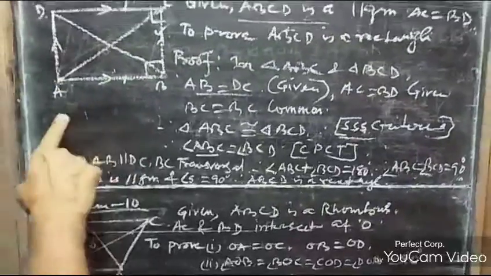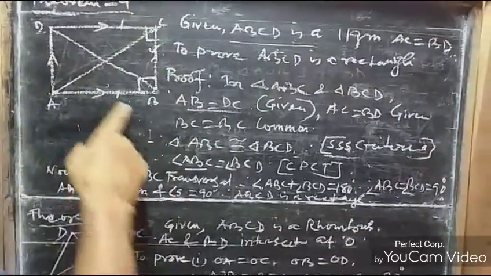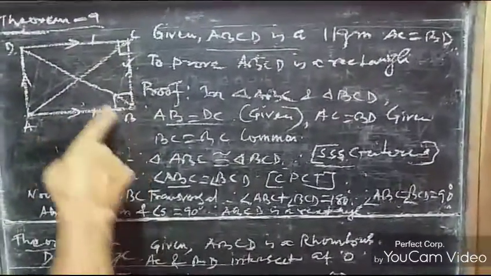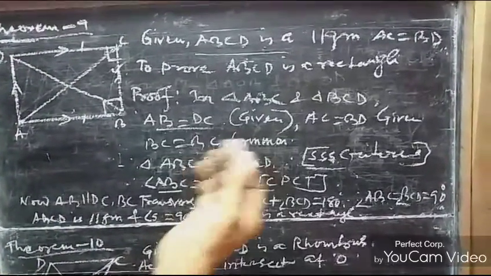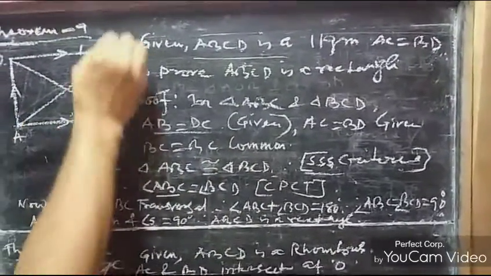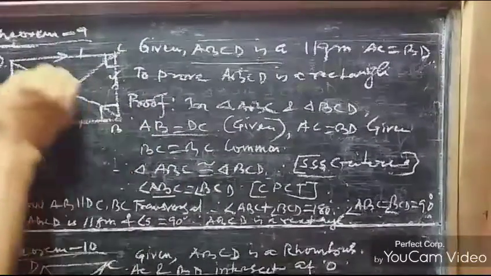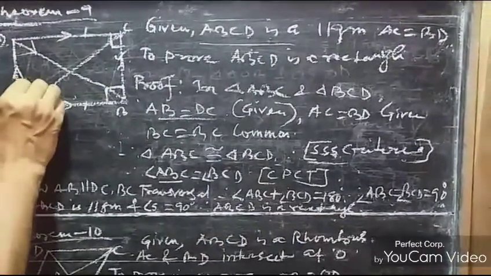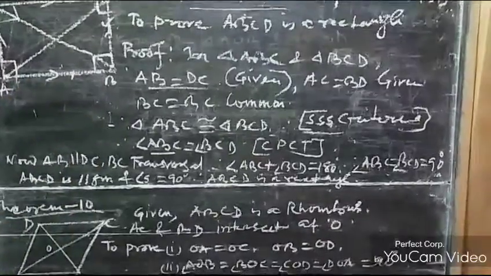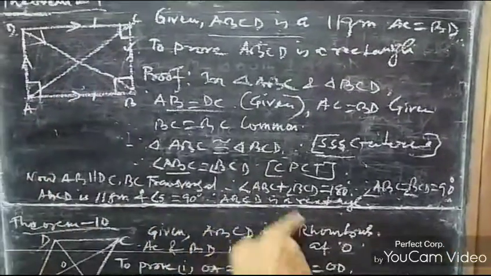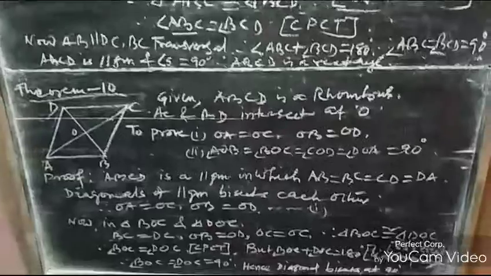So we have a parallelogram with one angle 90 degrees, and then it will be a rectangle, as per the definition. Here this is a parallelogram whose angle B, angle C is 90 degrees, and the opposite angles are also equal. So all angles are 90 degrees. So we can conclude that ABCD is a rectangle.